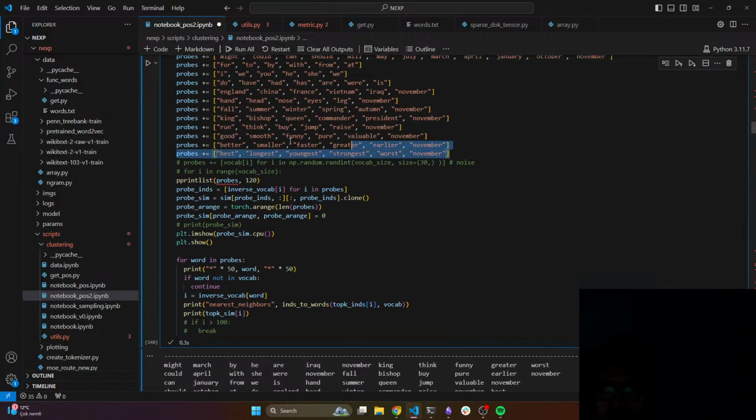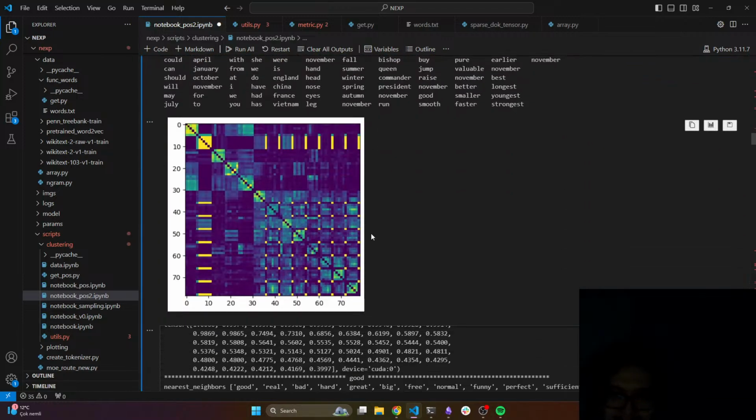So the last 3 rows are adjectives. And we can see a pretty good amount of similarities. Like, these are less similar to the superlatives, right? So the superlatives and the comparatives, I guess, are not super similar, but they are pretty similar to the basic adjective case or whatever, right? Basic thing, basic version.